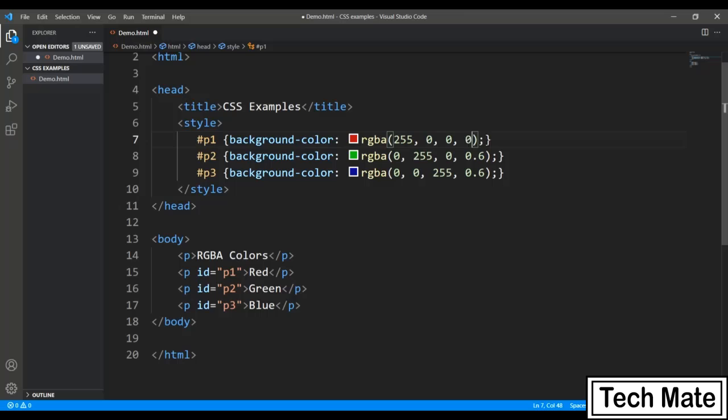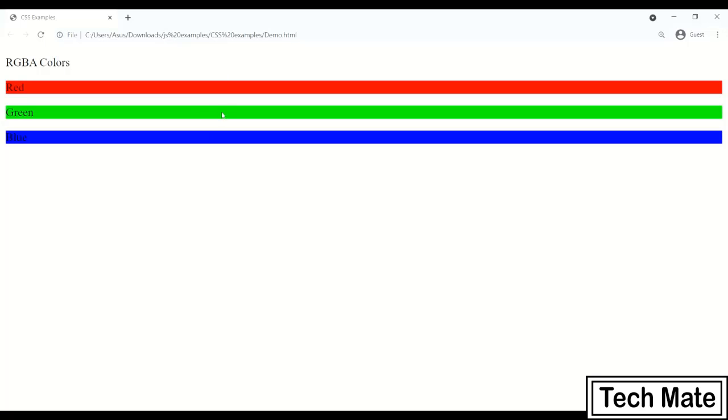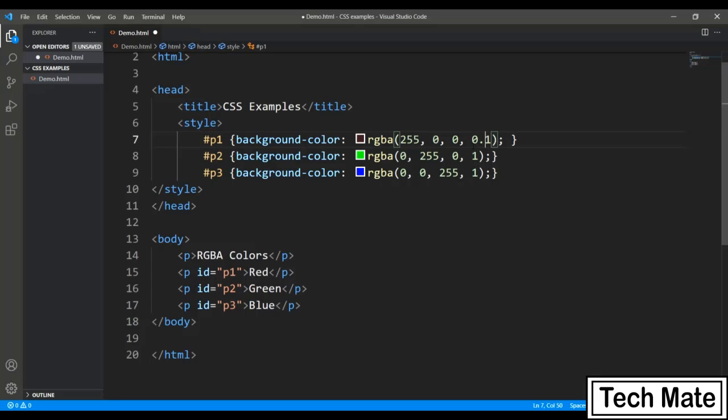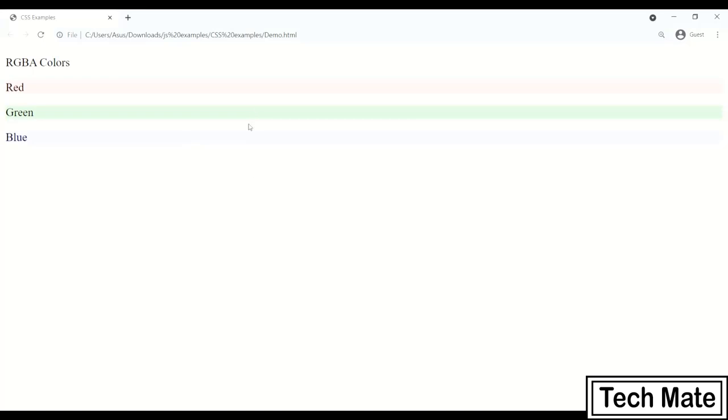If I give 1 here, it will be at its max, the proper red, green and blue. As I give a lesser value, like 0.1, this will be the lightest shade available in the RGB. So this is about the transparency.